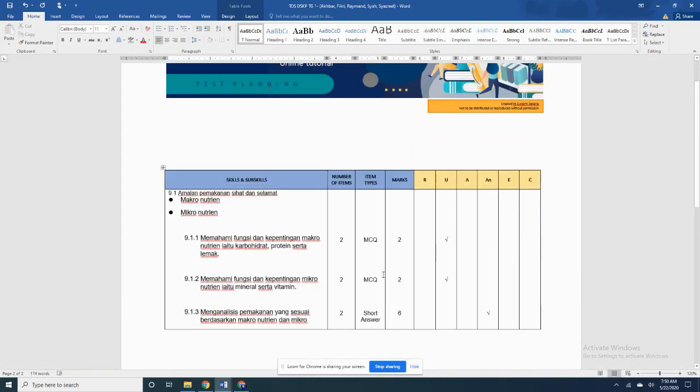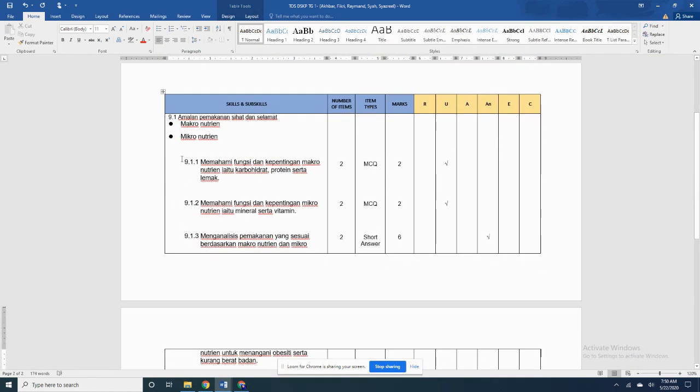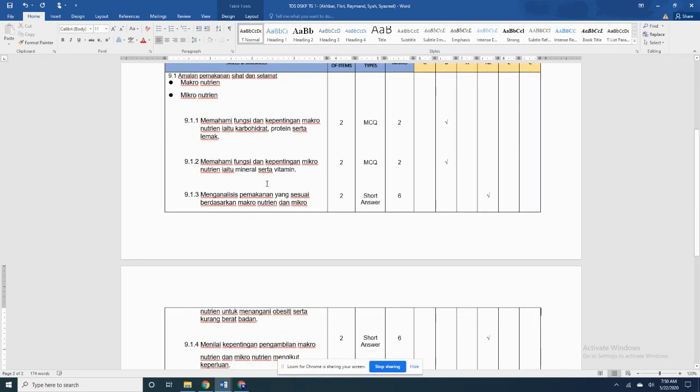Okay. Teruskan. My next TOS, this is my physical and health education students. The last pun okay juga. The rest looks okay. I just want to show that this is not placed under specific topic. You have macronutrient here and you have micronutrient here. And then you have questions that address both. So, I tak nampak relationship. This item is under which specific topic. Okay, sayang because you have all the information presented, cuma it's not presented in a correct way and you lose marks because of that.